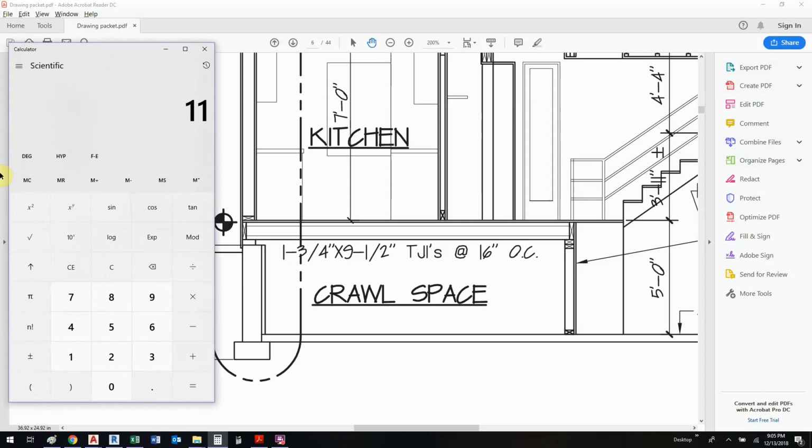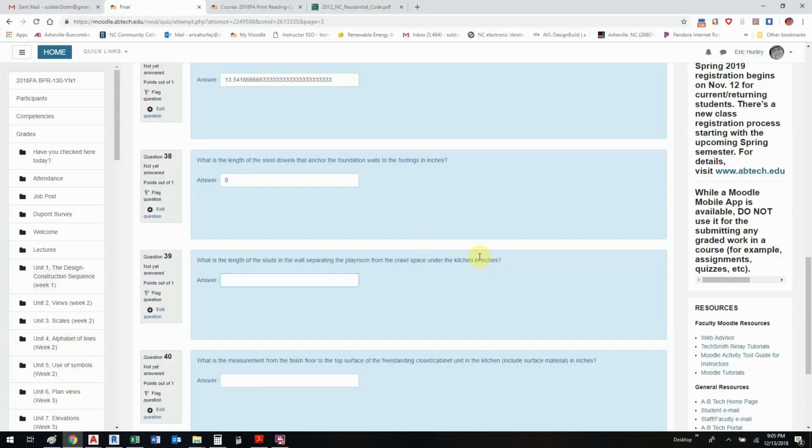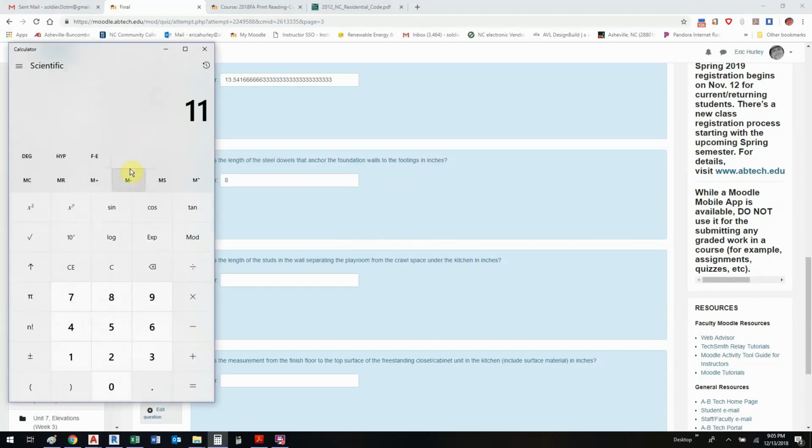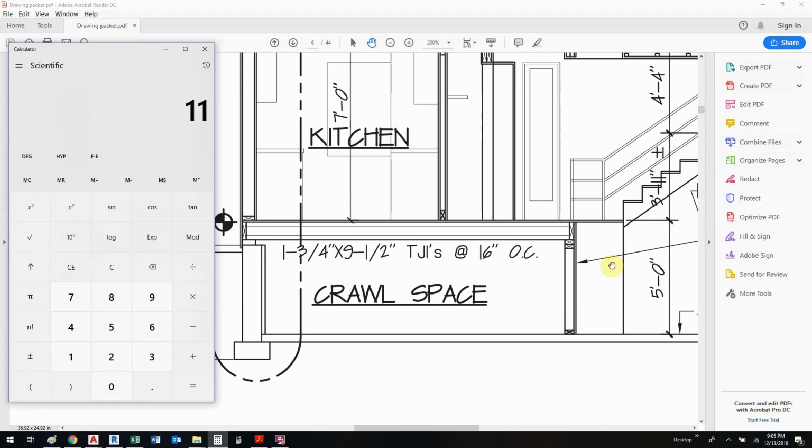And let's see, are we asking for feet or inches? We are asking for inches. So let's go ahead and put this 5 foot in inches. So 5 times 12, bam, 60 inches. That's 60 inches here. I'm going to take away